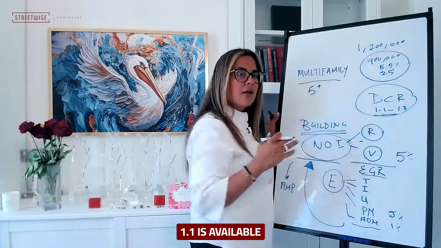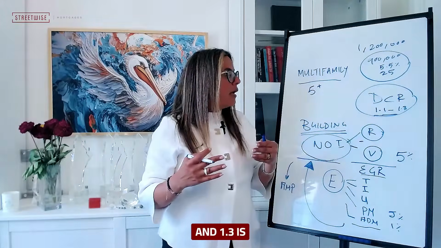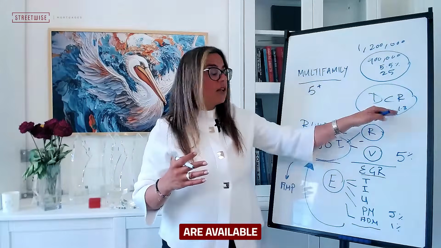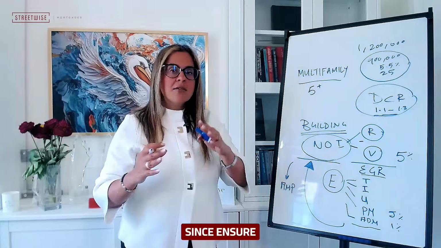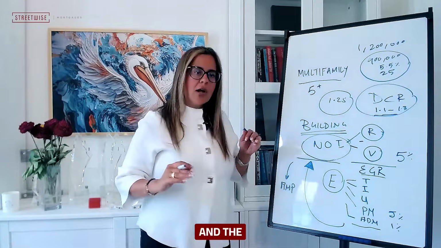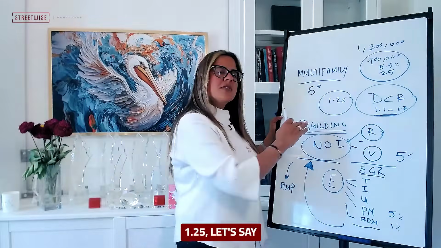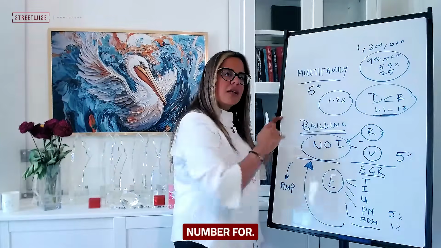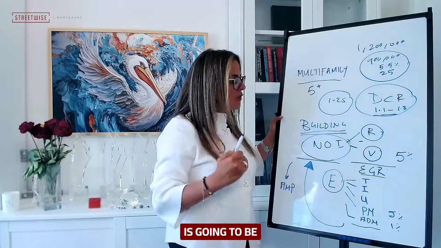1.1 is available under the CMHC MLI Select program, and 1.3 is calculated on X number of units. Again, these guidelines are available on the CMHC website. But for conventional lenders that are not CMHC insured, they generally look for a 1.25 debt coverage on a multifamily property. And if we're asking for $900,000 and the number is not 1.25, let's say, we need to cut down this loan to make this number work. And the difference then between the price you're paying and the loan you're getting is going to be your down